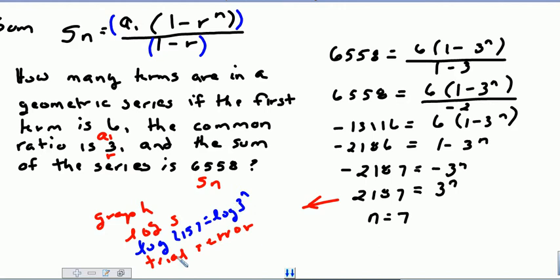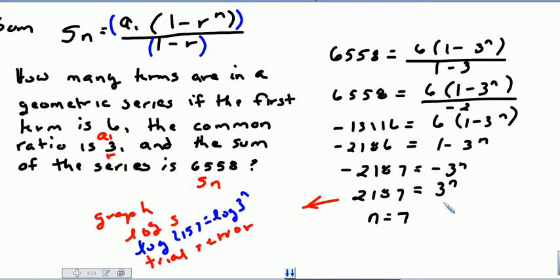Divide by the log of 3 and solve for my problem. But that's going to take you a minute on the EOC and may or may not be something that you feel really comfortable with. The other way to do that is just with trial and error. Start raising 3 to powers and see when you get to 2187.